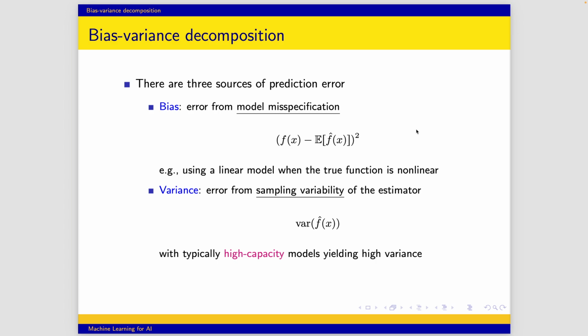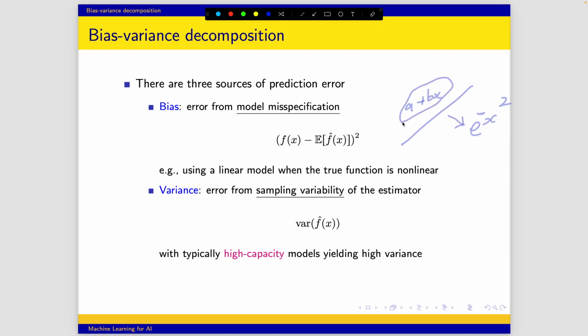So for example, if we use an affine function, like this, to model e to the power of minus x squared, that's totally unbounded. It would go to infinity very quickly. Not infinity, but large values. So if we use something of this form, a plus bx, to model something of this form,